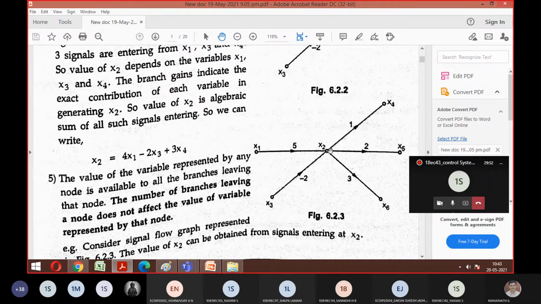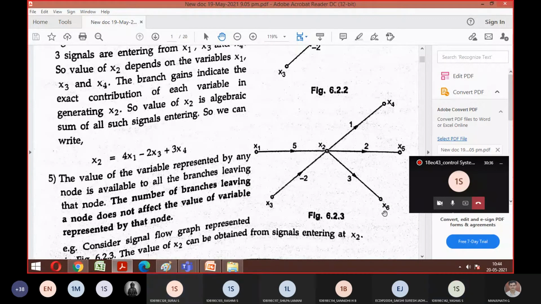So you can tell me what x2 equals now. What is x2 equal to? 5x1. Good. So entering is from minus 2x3. That's it, right? Yes, sir. So for x2, I can stop. x2 is equal to only this. Is it fine? Then tell me what x4 equals. What is the x4 output? x4 equals x2, because the gain is 1. If you multiply 1 by x2, it will be the same. Okay, what is x5? 2x2. Good. x6?